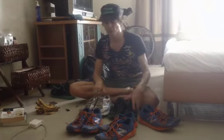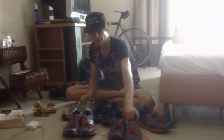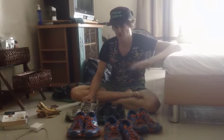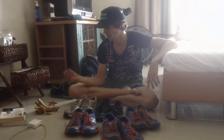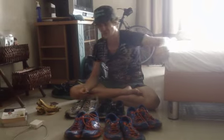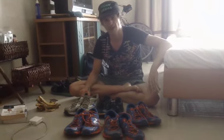So I'm going to give some of these shoes away to some runners. These are from Michael Wardian. This guy won the Vermont 100 in these shoes, and Bill got 4th place. I'm going to pass these on to some Thai runners and they can just use them until they totally wear out. I found a piece of rubber today that I can include with one of the shoes, a free bonus. I use everything here, it's pretty cool. So that's something to do when you're on holiday and you've got some excess clothing or shoes: pack it in your bag and